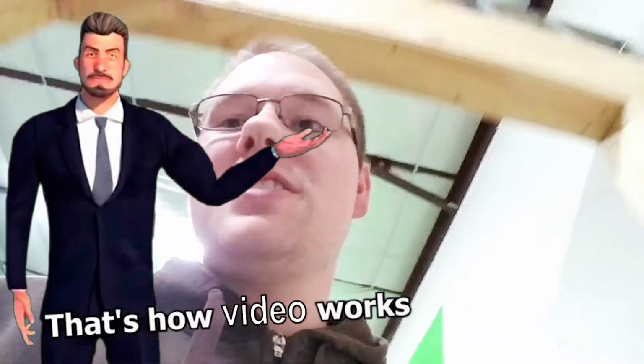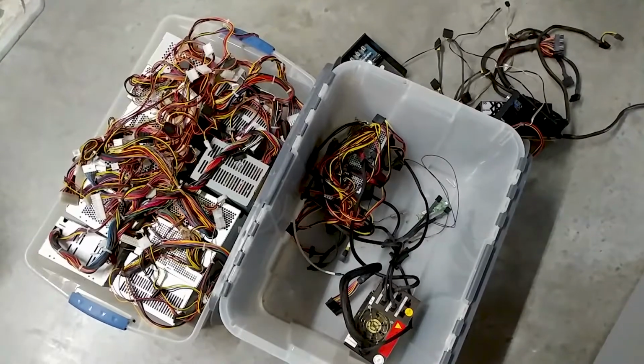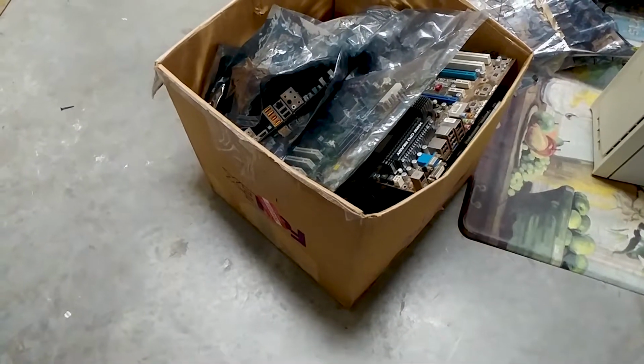So the big question is, what exactly is so special about this garage full of computer parts that I went and spent $300 and drove a little over an hour to go get it? I'll show you. That's how videos work. 2 totes of power supplies that I've already emptied one of, a box full of motherboards and CPUs,